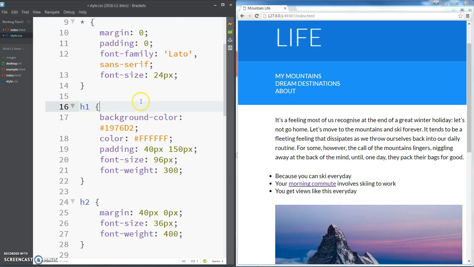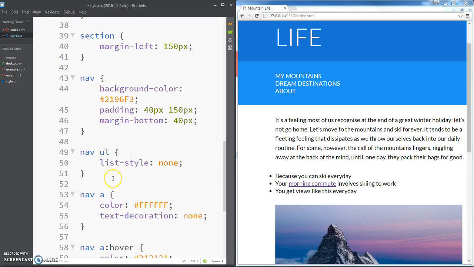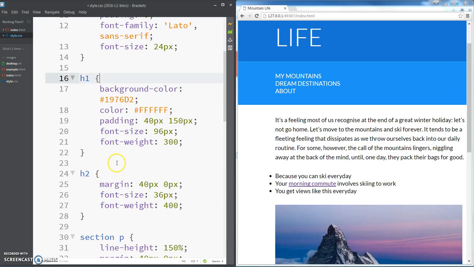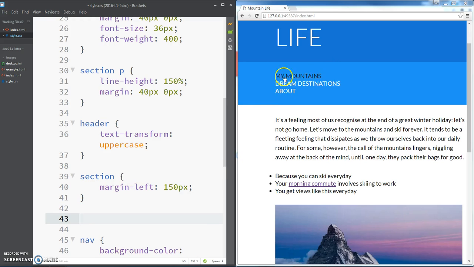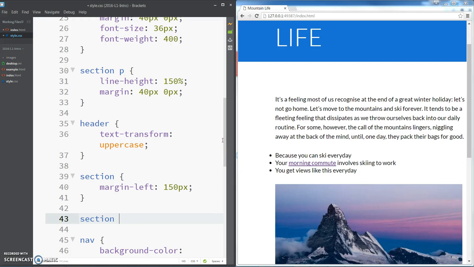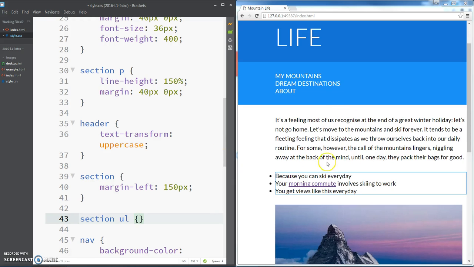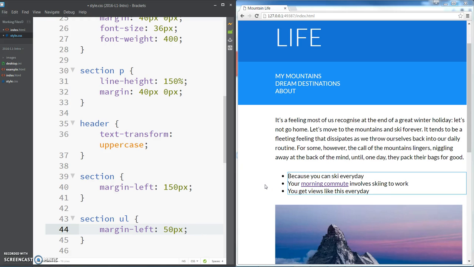So back in our styles, I'll find that section. We don't actually have a rule for that yet, so let's add in a new one. And remember, if we just put in a UL, that's going to apply to these list items as well. So I want to put it to section UL, because that's only these list items here which are part of that section, which remember is everything below the header and above the footer in this case. And I'm going to put a margin left of, let's try 50 pixels, and just to push that across,